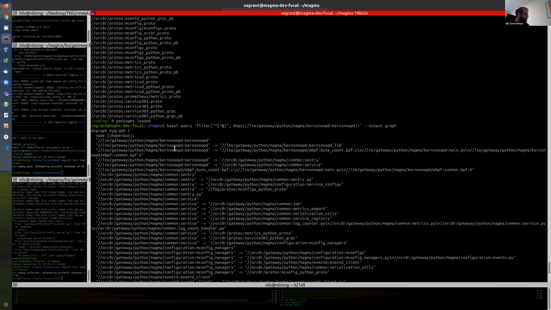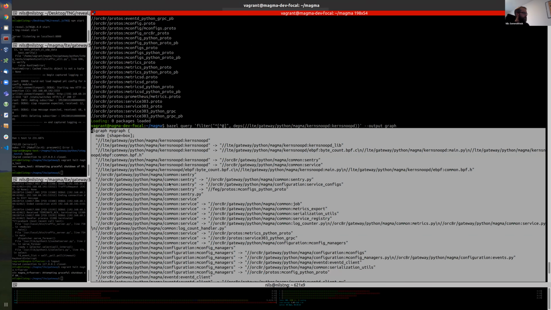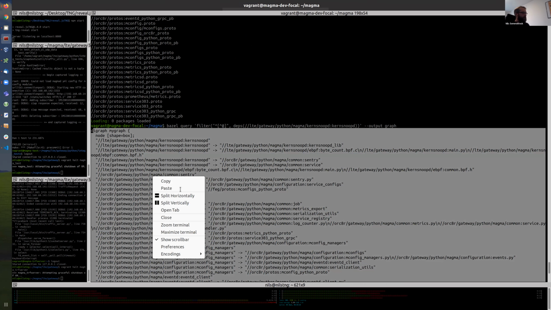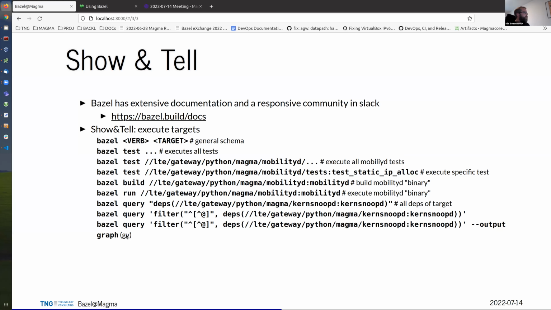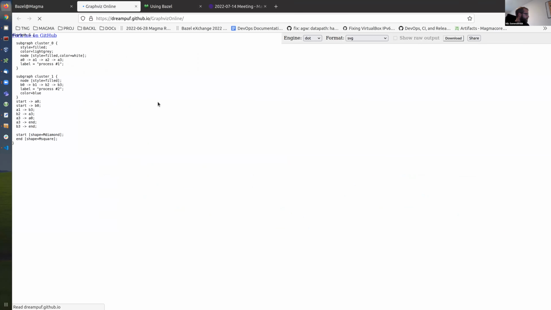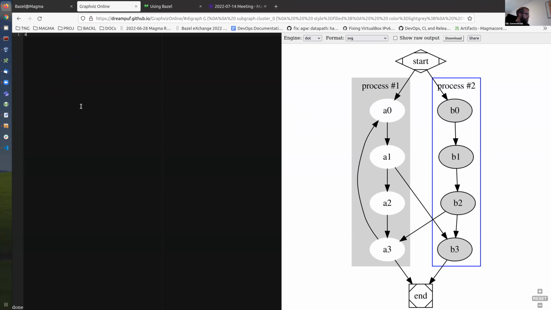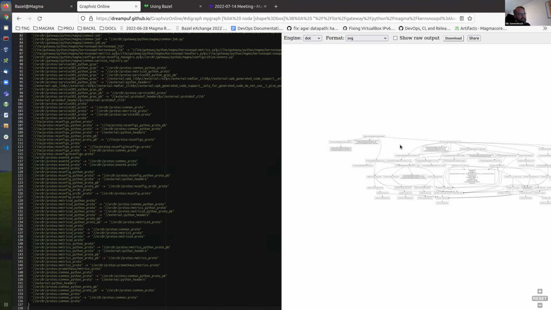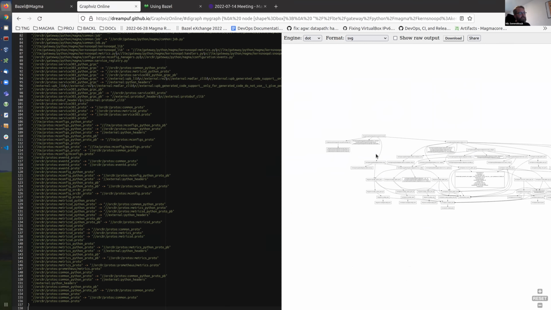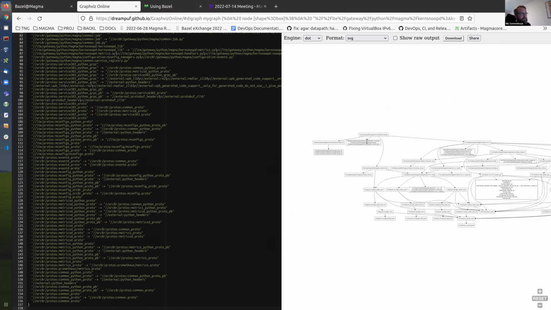And this is actually dot syntax, so we can visualize it with Graphviz. Here is an online viewer. Let me put it inside. And then we can see here the rendered graph for the dependency structure of currentsnoopd.